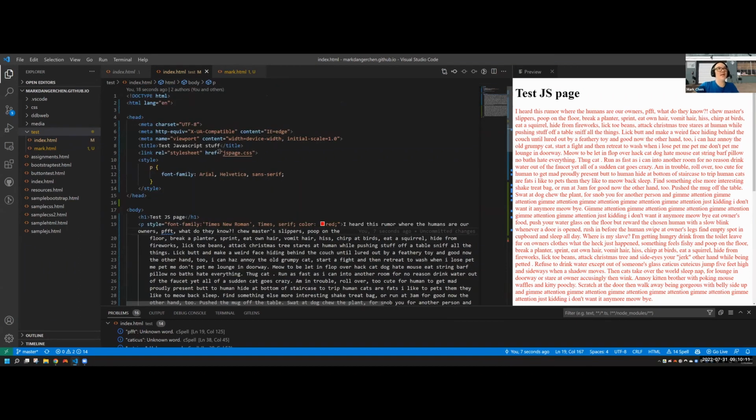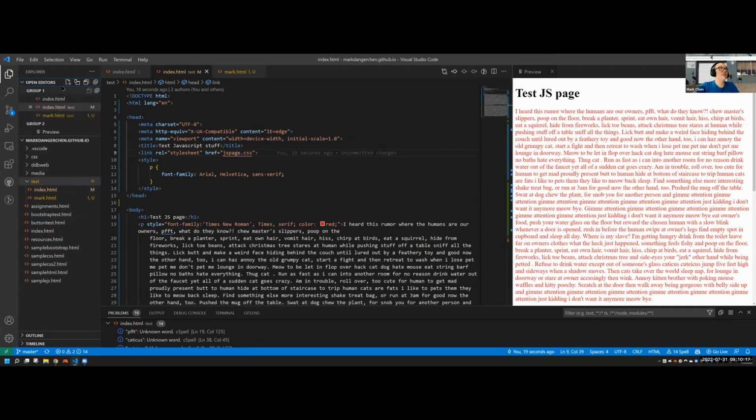But let's say we specify color in this JS page.css. So in here, I'm going to create a new file. And actually, something that I think you should do, or get in the habit of doing, is to put all your CSS files in a CSS folder and put all your JavaScript files in a JavaScript folder. So in this test folder, I'm going to create a new folder called CSS. And in that folder, I'm going to create a file called